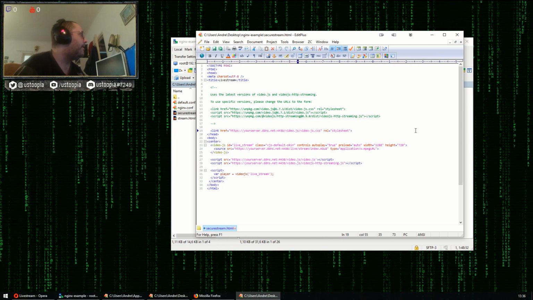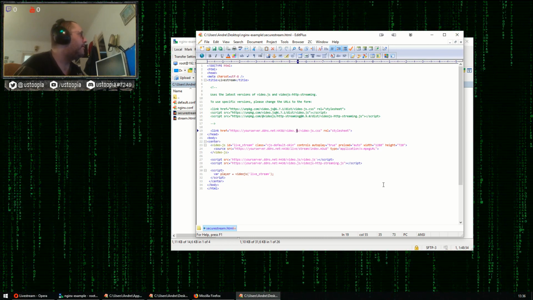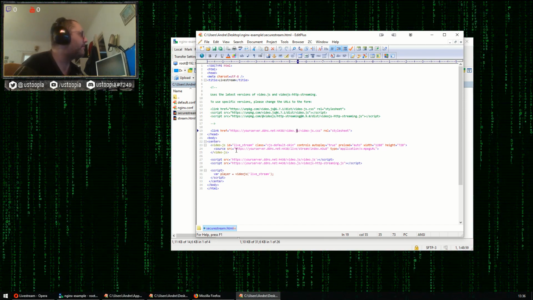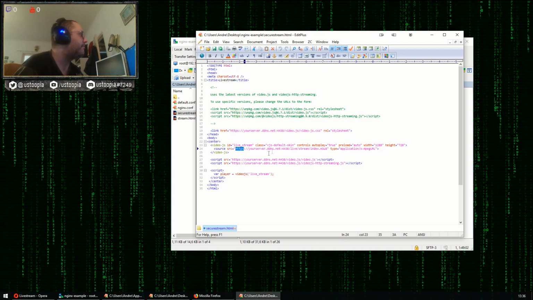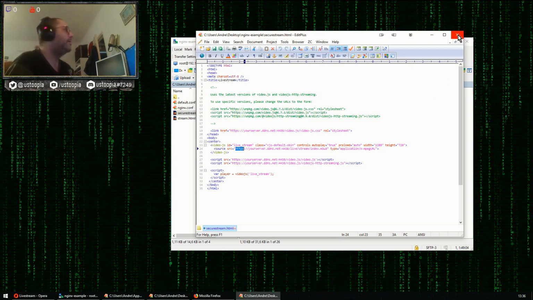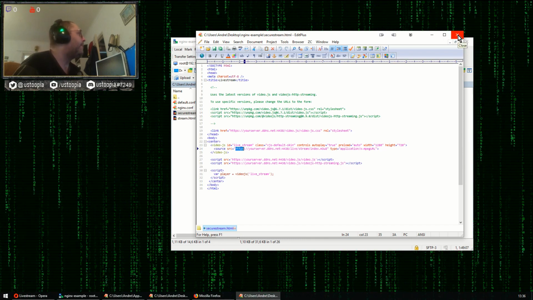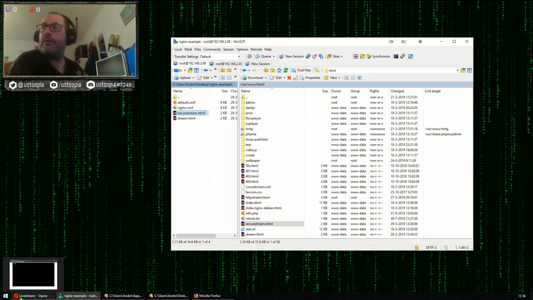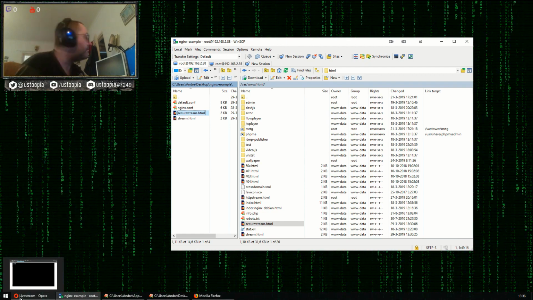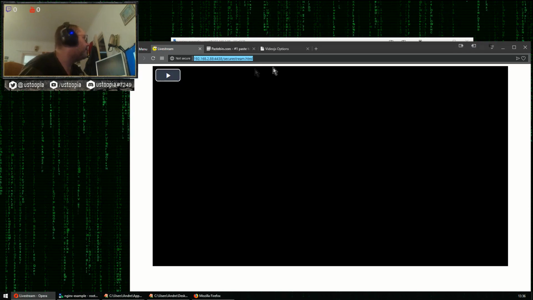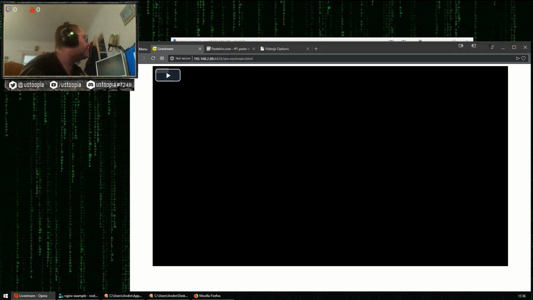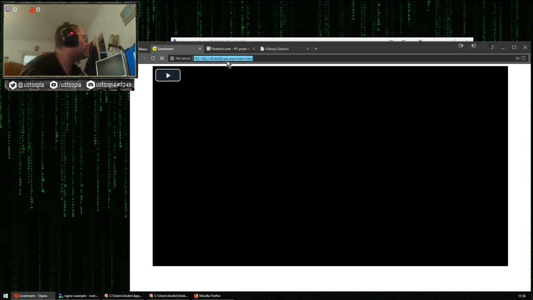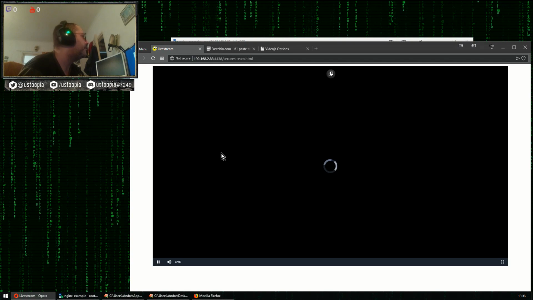If I open the page over SSL, so on an HTTPS site, then these references also have to be to HTTPS. If you reference HTTP, then it's not going to work. The other way around also, I think. I'm already streaming with OBS to my live stream server, so that's online, that's working. Let's refresh. As you can see, it's opening the secure stream.